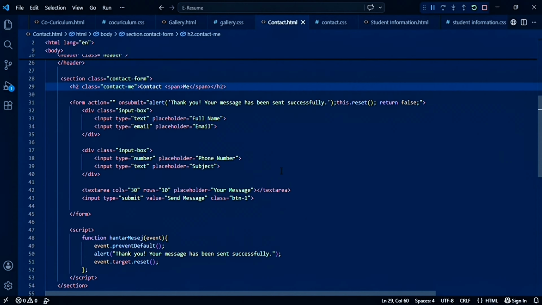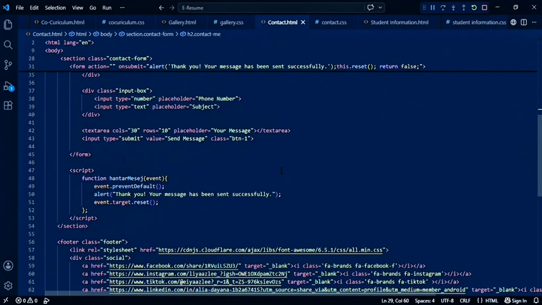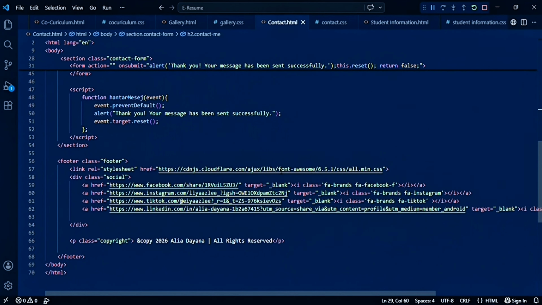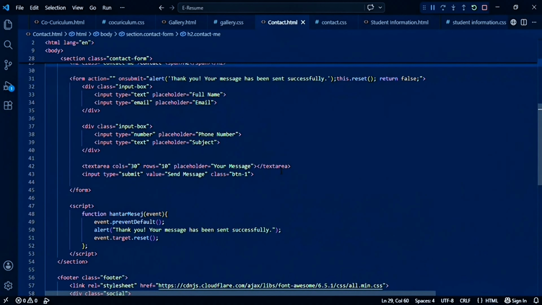Additionally, I also included a separate JavaScript function called handleMessage, which performs the same function by preventing the default form submission, showing a success message, and resetting the form. However, in this code, the inline onSubmit event is the one being used. Finally, the page uses a styled submit button that matches the overall design of the website, ensuring consistency with other